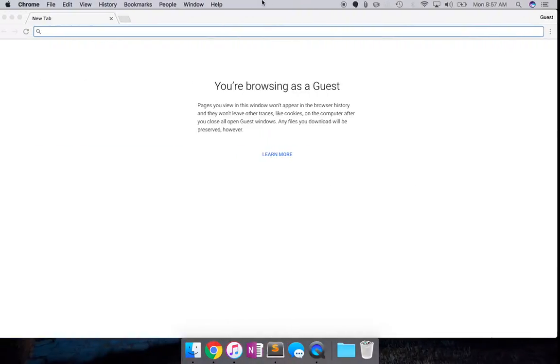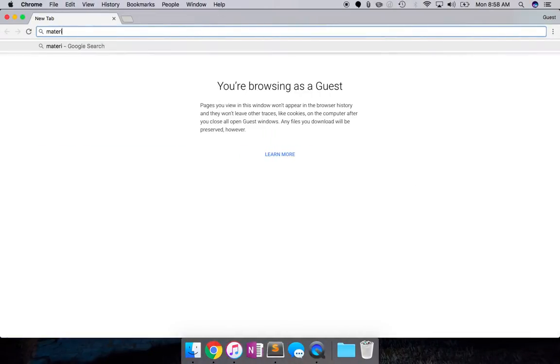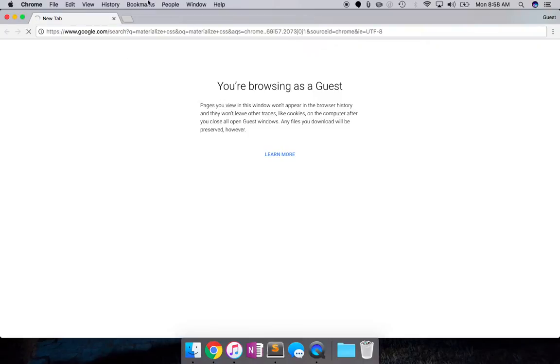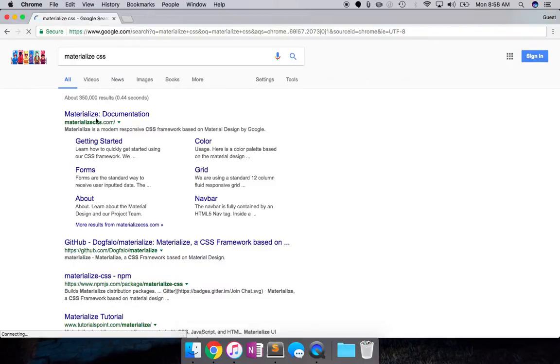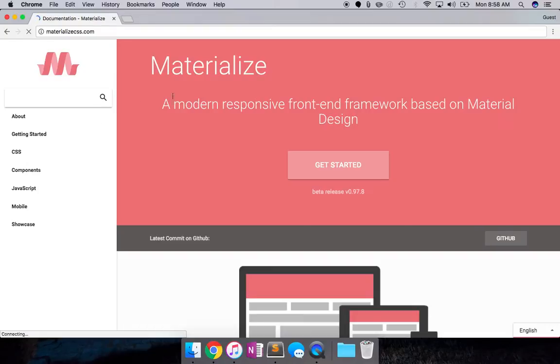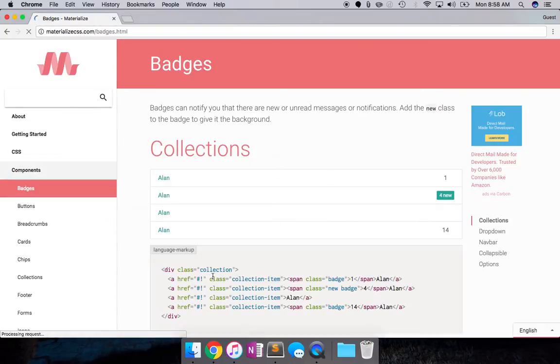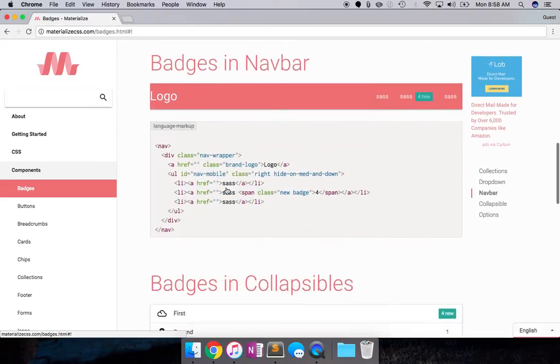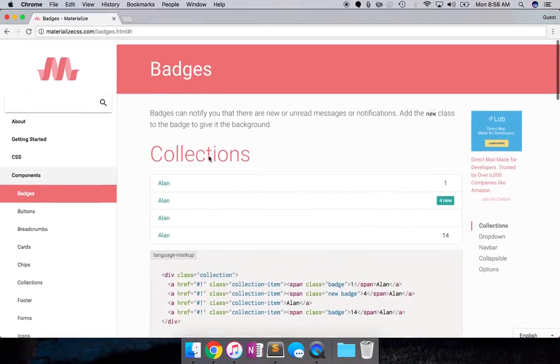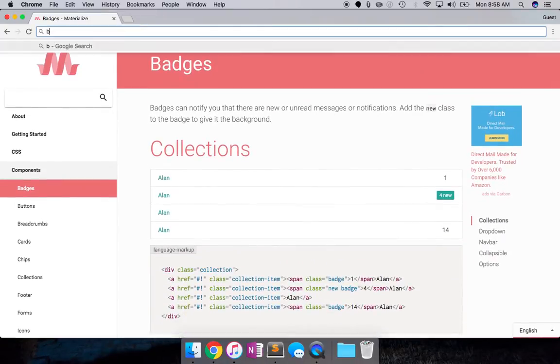So previously I've been using Materialize.css. If you haven't seen it before, it's actually also a really great tool for quickly prototyping a website or something of the sort. It has great components that come along with it too. So if you really don't like Bootstrap, you can check this out. Maybe I'll do another video on Materialize. But in the meantime,